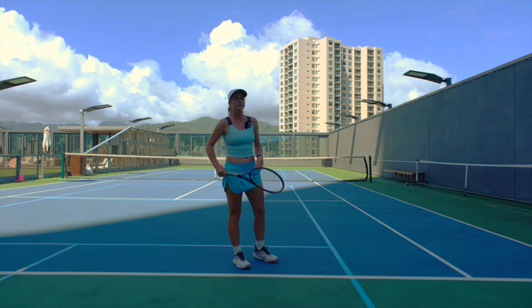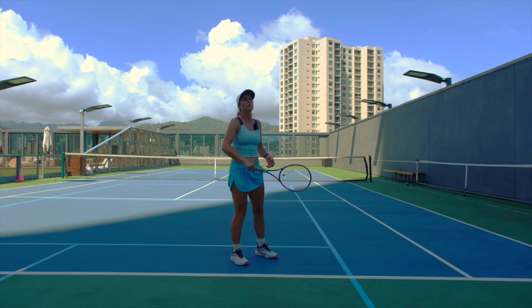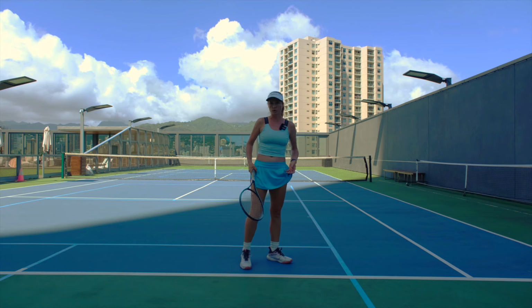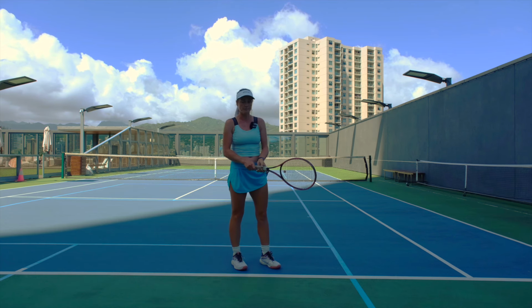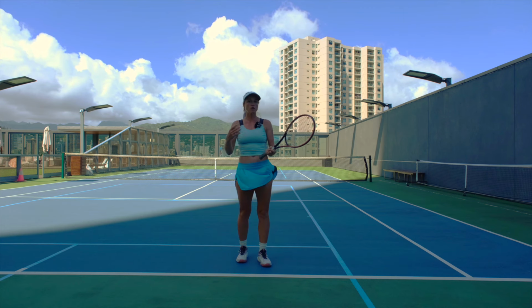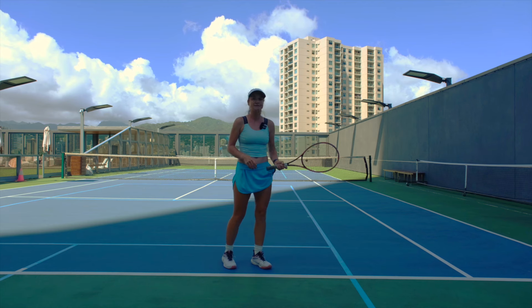Normally if you're playing with one hand, that's a completely different technique. So the upper body rotation this way doesn't work. It is good to initiate power, but you still need to have control over the ball. That's why it is highly recommended to sometimes let go completely with your right hand and just practice with your